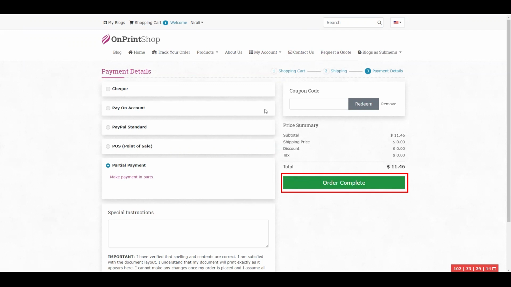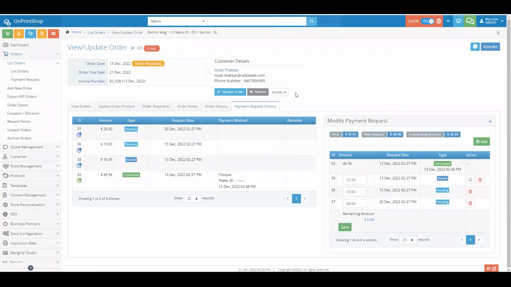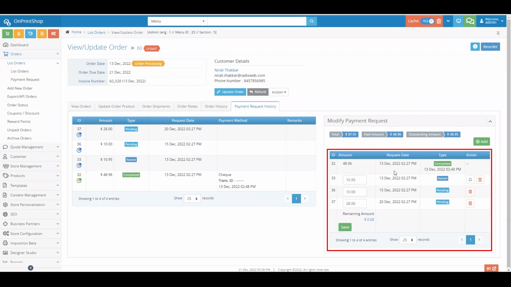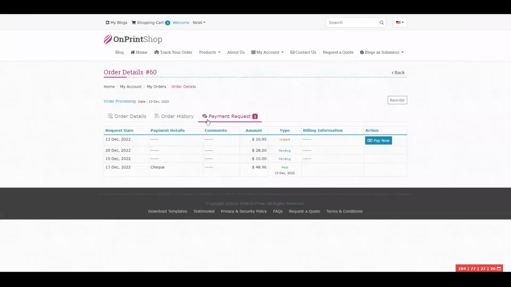Now let's go to Order in the admin, in which payment was made, using the partial payment method. So, here you can see there are 4 partial payments available. For the first payment, the system will raise an automatic payment request. For the remaining pending payments, once this existing request is completed, it will give you a button to raise the next term payment request. And also on the customer front end, they will be able to see all the payment